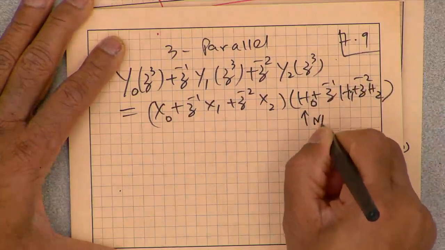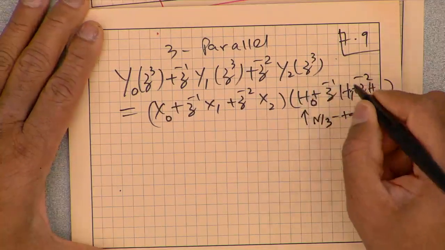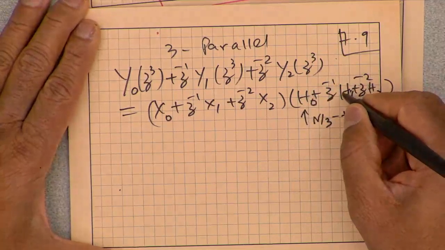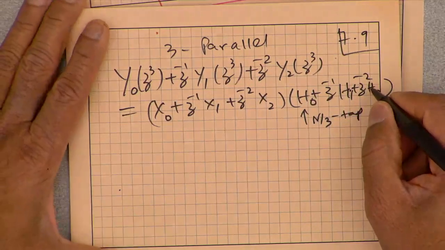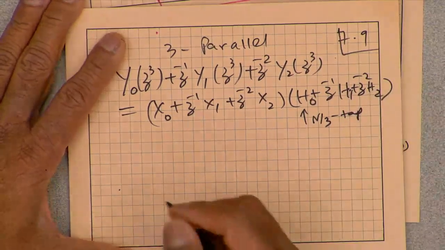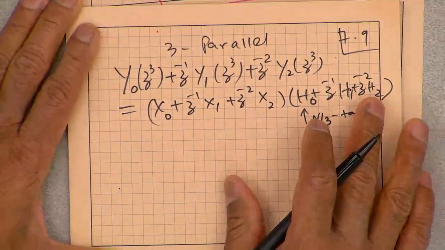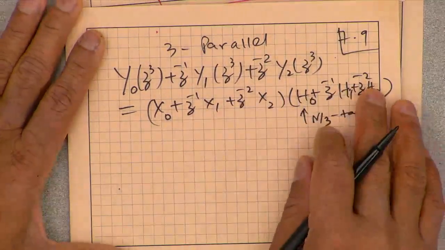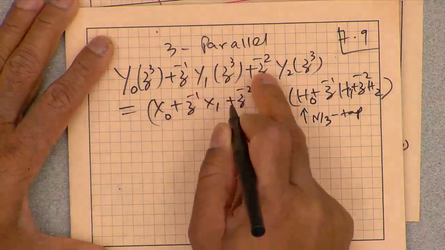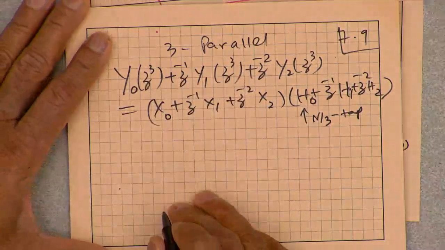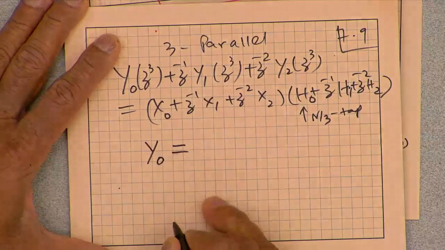Each of these is going to be n by 3 taps. So this will contain H0, H3, H6, etc. H1 will contain filter coefficients H1, 4, 7, 10, 13, and this will contain 2, 5, 8, 11, 14, etc. Okay, so now you can multiply this. I'm just skipping a few steps. You can multiply this, collect the coefficients of z to power minus 1 and z to power minus 2 and the term containing just powers of 3, and you will see that this can be written as y0 is